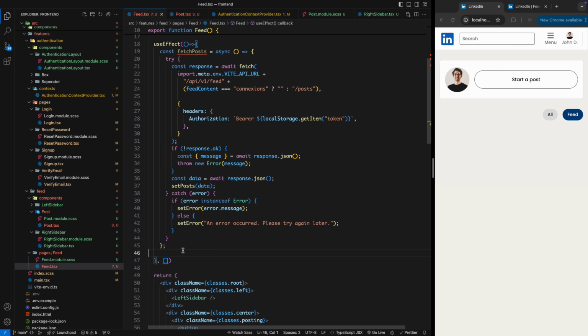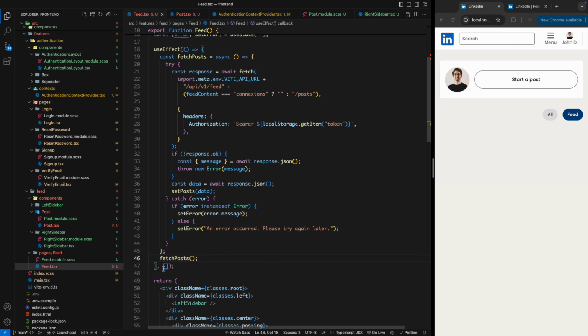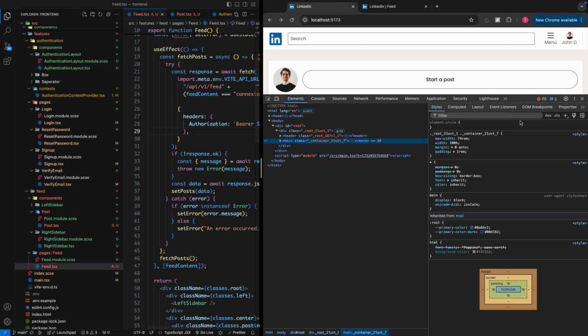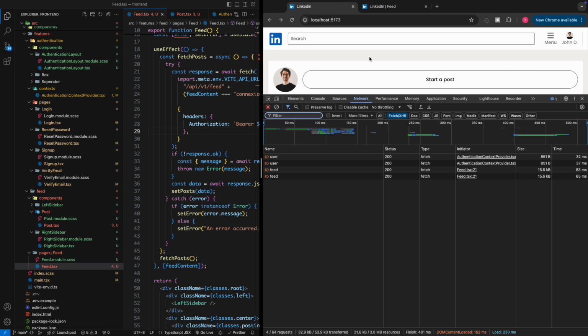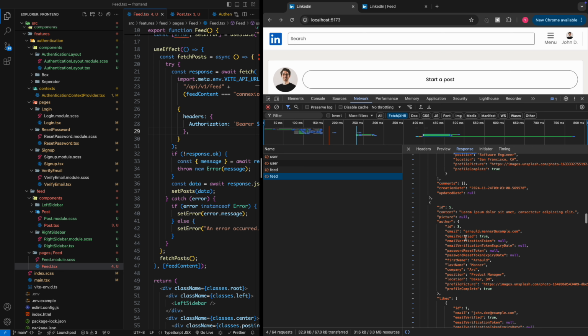And we need to call this function when the page loads, okay? And we also need to add, because in our useEffect we depend on this feed content state, we need to add it here, so that when it changes, the useEffect callback runs again. So now if we inspect our page and go to the network tab and refresh, as you can see we are getting this feed where we have all these posts,